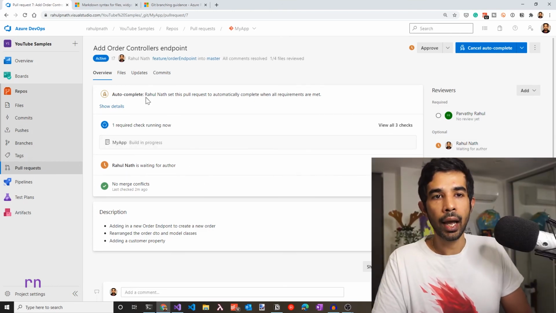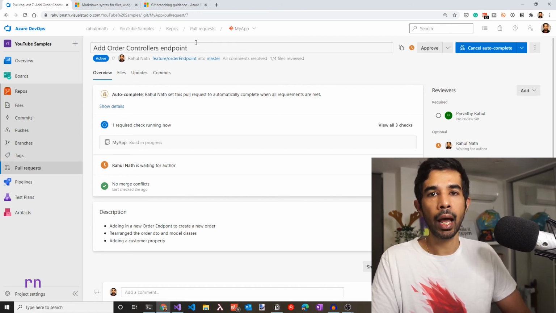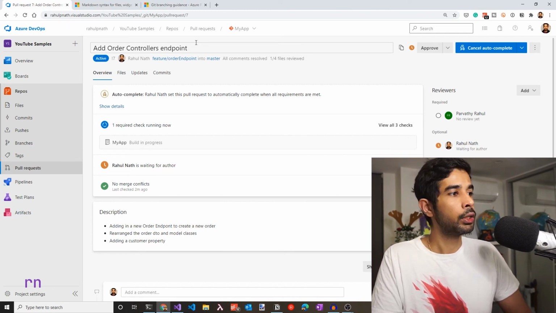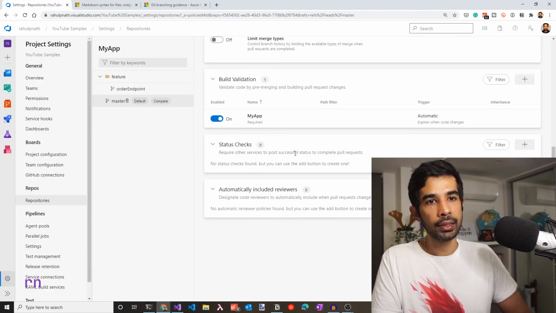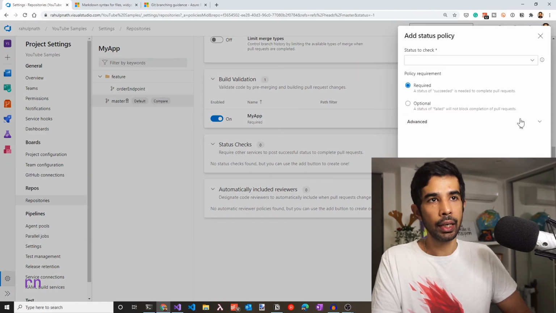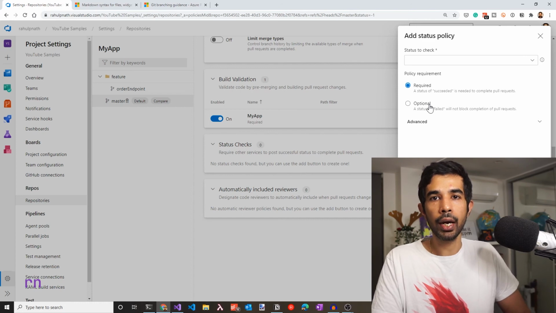In this case, since I had the build pipeline inside Azure DevOps itself, it was easy for me to set this up using the branch policies. However, if you have your build happening in an external system, let's say you have your own self-hosted TeamCity server, or let's say on GitHub Actions, or any other build server, you could choose to integrate with that as well. To do that, let's go back to the branches and go to the branch policies, and you will need to add status checks. So you could add a new status check and create a new service endpoint that's required to return a status of succeeded or failed to complete this pull request. However, I'll not do that in this video because that's a topic in itself. So I'll keep it for later.